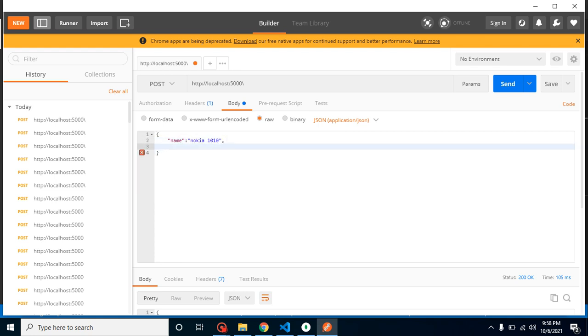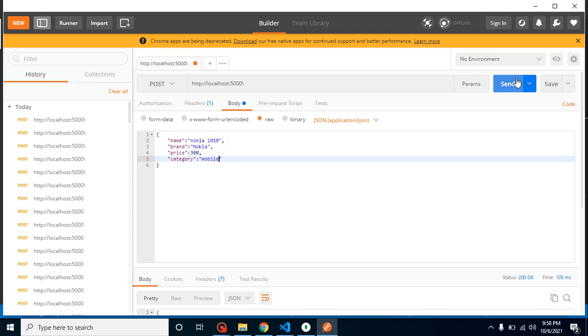After that we can add brand, and the brand we can simply put here Nokia, and then we will use price, and let's say price is $300. Then we can say category, and category will be, let's say, mobile.